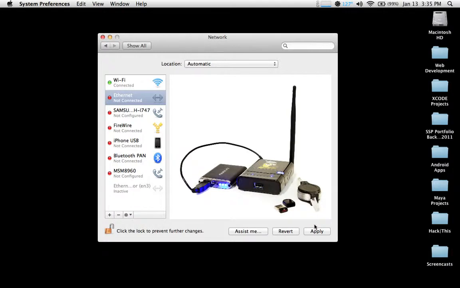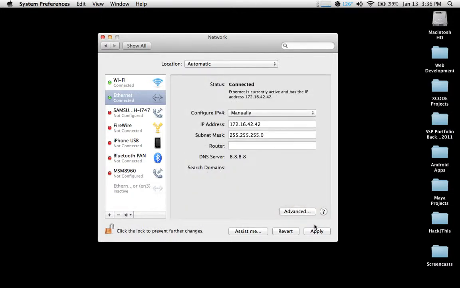Now it's time to go ahead and power up your Wi-Fi Pineapple. Once your Pineapple is powered on, you need to connect one end of your Ethernet cable to your Power over Ethernet / local area network port, and then connect the other end to your Mac's Ethernet port. And you can see in the left pane your Ethernet service is now enabled and active. Now what we need to do is select Apply,